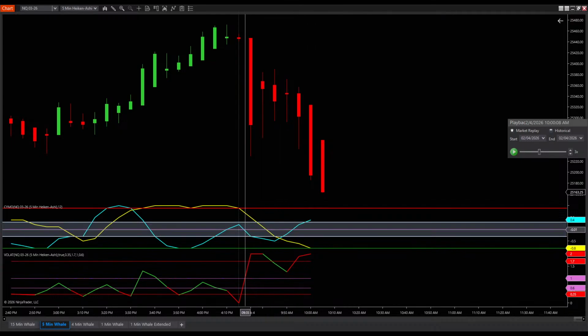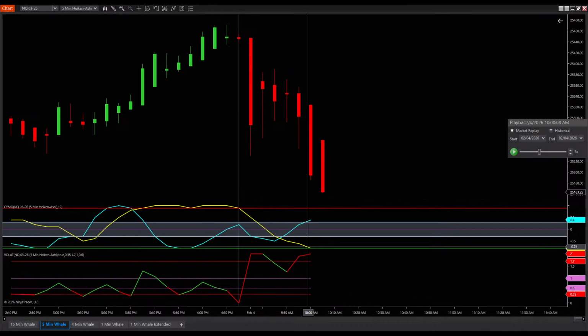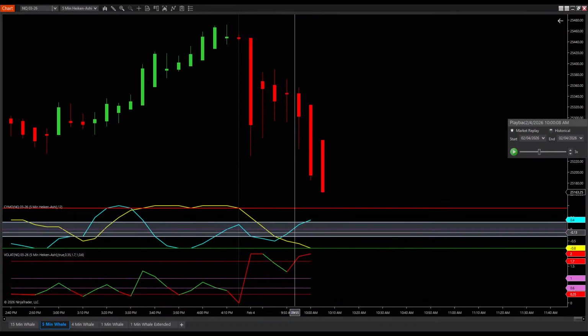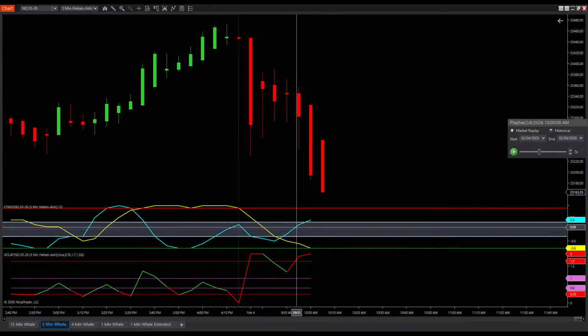It looks to me like we just had a completion of cycle number 1 because momentum is all the way down here, okay, and momentum hasn't actually curled up. And you can tell that momentum is actually pulling price down right here with cycle being above 0.